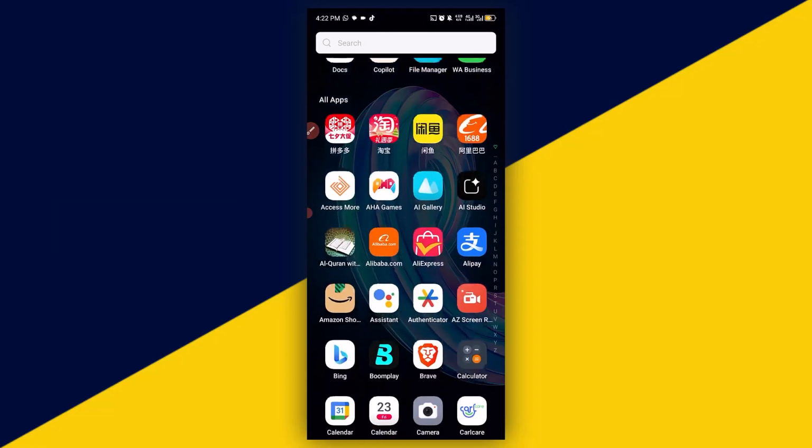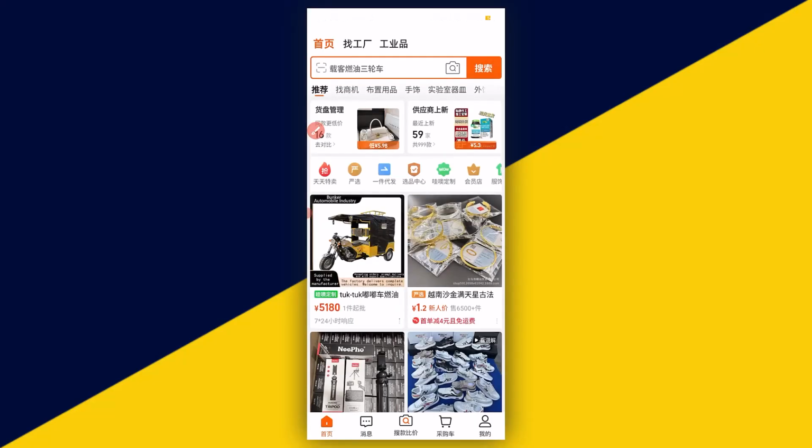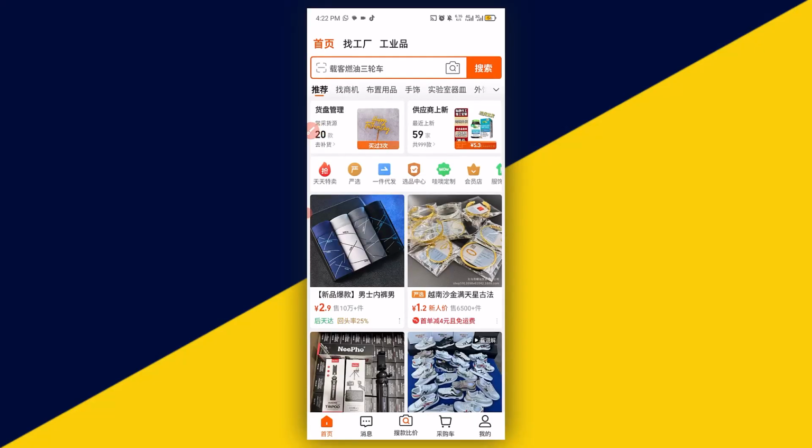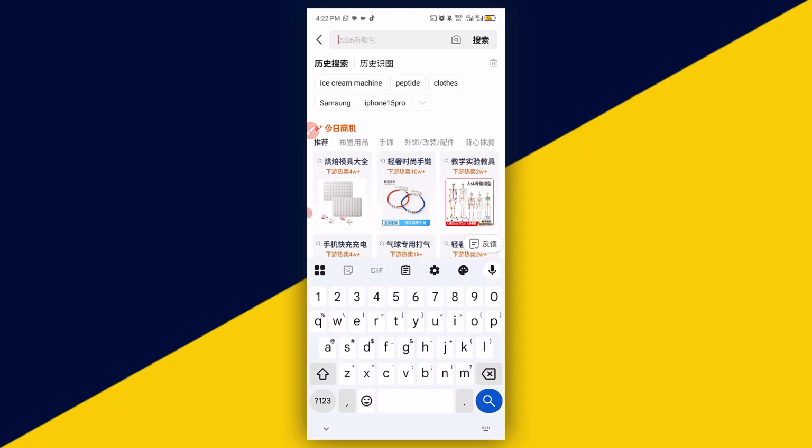So the very first thing I'm going to do is to open up my 1688 Chinese shopping app. After you open it, one of the first easy ways to find products on 1688 is to click on here, then type the name of the product you are looking for. Click on here again. For instance, if I'm looking for ice cream